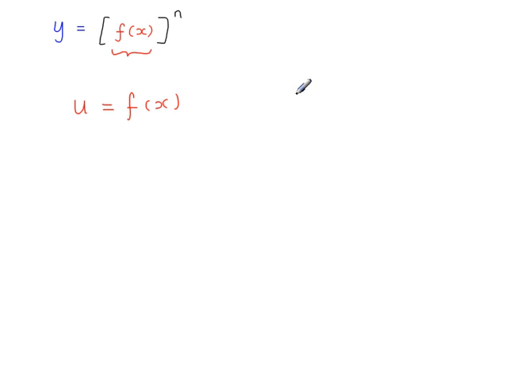Then y is equal to, because that's u, so that's now u to the power of n, and then differentiating both of these, so this one will give us du by dx is equal to f dash x, because that's what you get in function notation once you've differentiated. And differentiating this, that's y in terms of u,